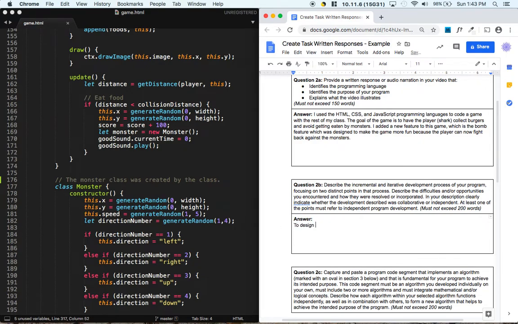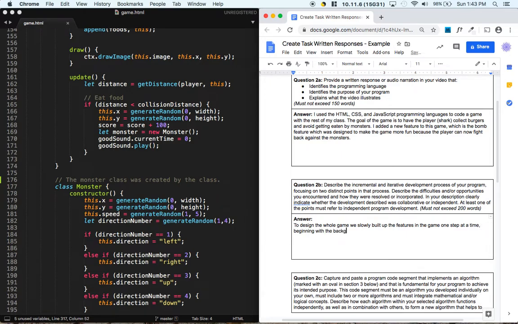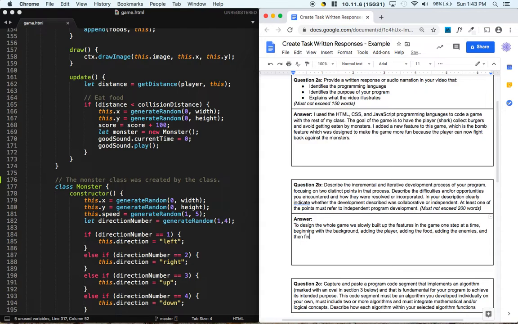To design the whole game, we slowly built up the features in the game one step at a time. Beginning with the background, and you should really not have the exact same thing that I'm writing here. Even if you use the game, you should be saying this in your own words. Beginning with the background, adding the player, adding the food, adding the enemies, and then finally, on my own, I added the bomb